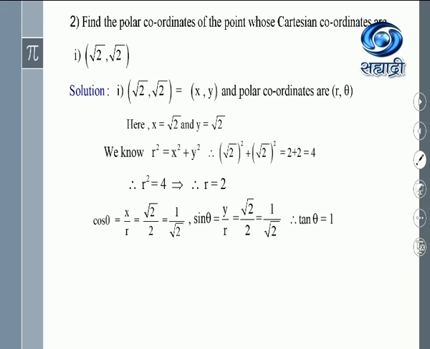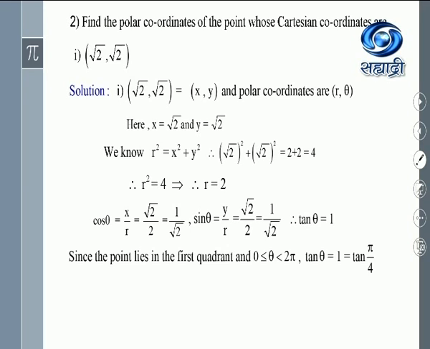Now you may be having the question, is it possible to find theta with only cos theta is equal to 1 upon root 2? Or with only sin theta is equal to 1 upon root 2. But remember, we are having in the quadrant all STC rule, all the trigonometric functions are having different signs. So considering only one equation to find out theta is not enough. Therefore, we consider the ratio sin and cos as tan. Therefore, tan theta is equal to 1 upon root 2 divided by 1 upon root 2, which is equal to 1. And you know, if tan theta is 1, then theta is equal to pi by 4.